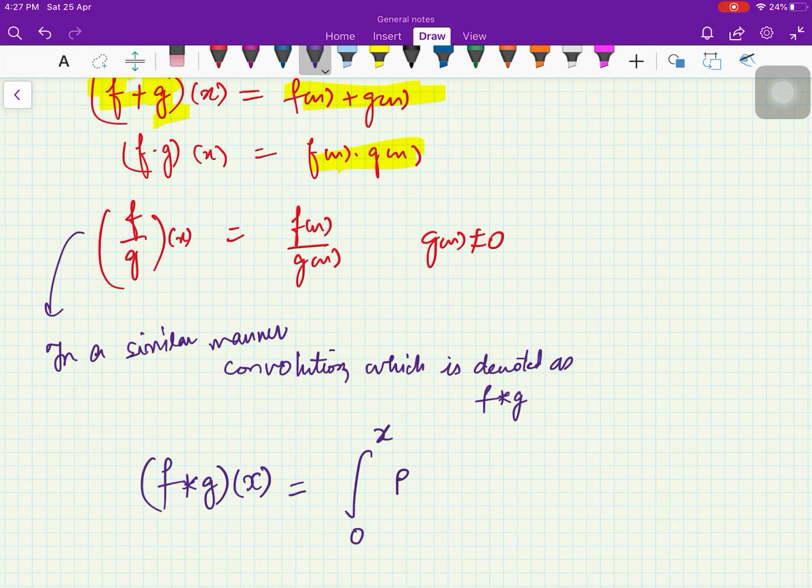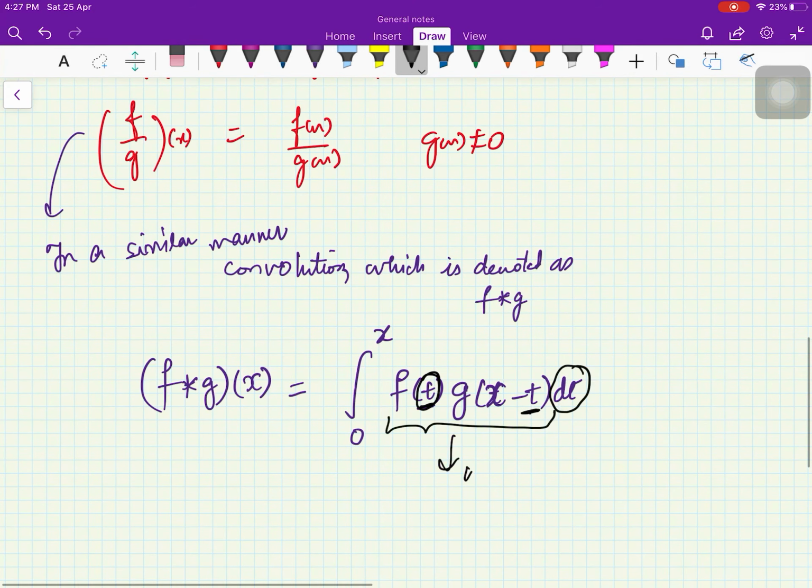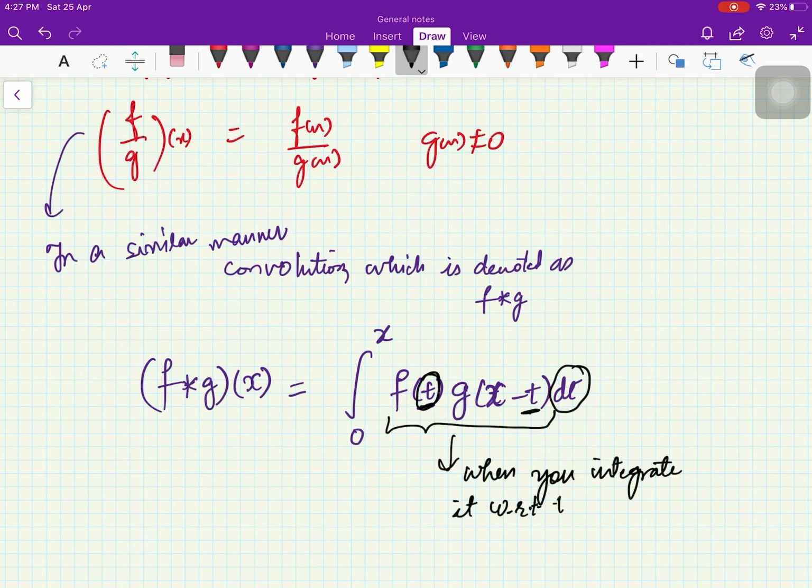So this is equal to the integral from 0 to x of f of t g of (x minus t) dt, right? Here you see you are integrating with respect to t, so t is your dummy variable. So when you integrate it with respect to t,